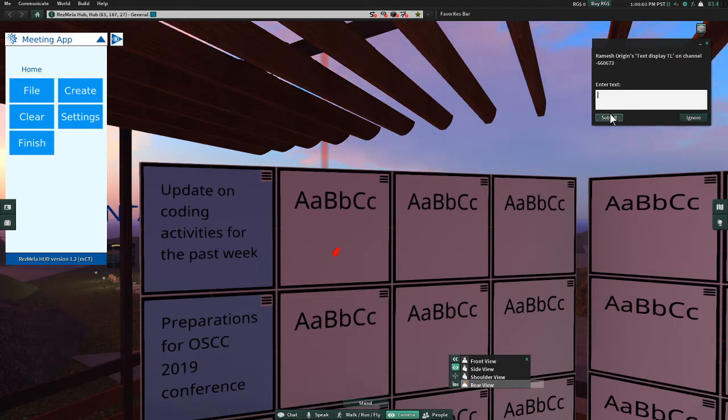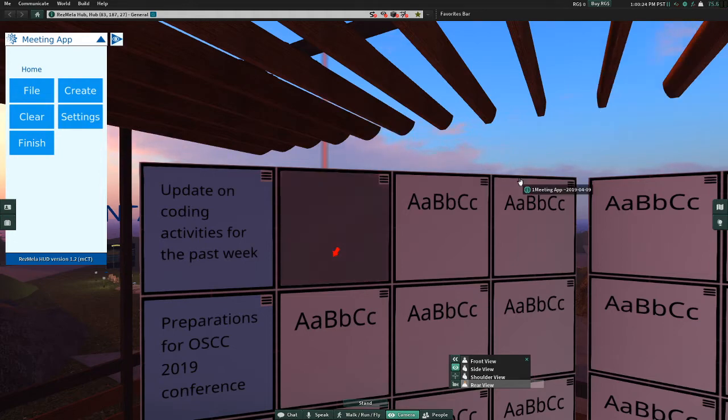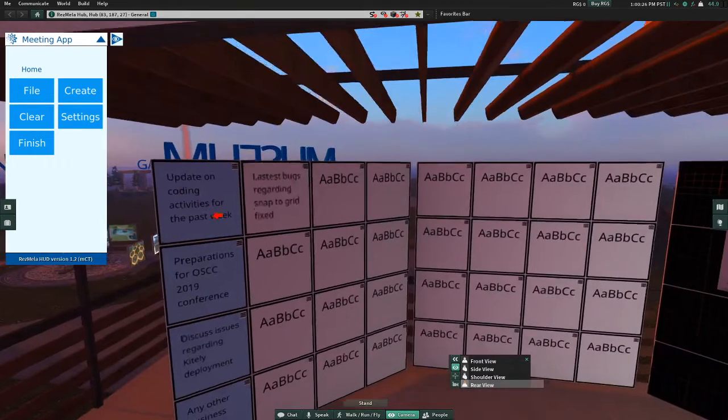And let's say here I would say, latest bugs regarding snap to grid fixed, for example. Just adding information, and